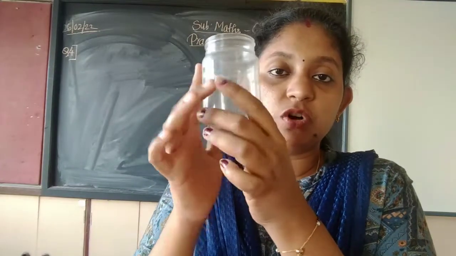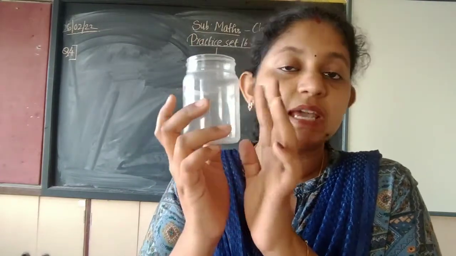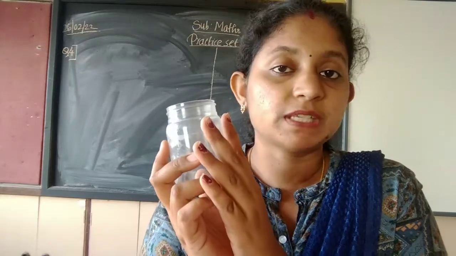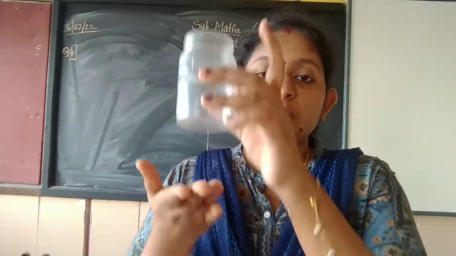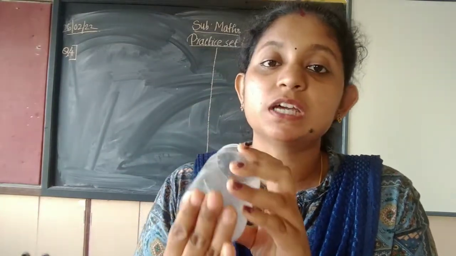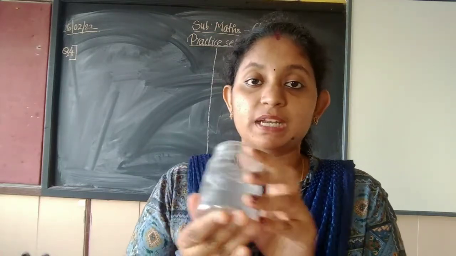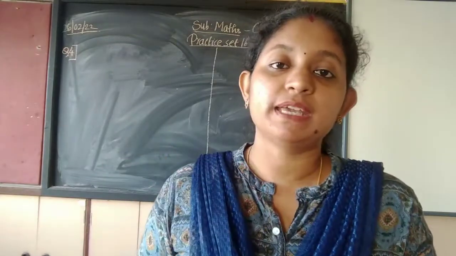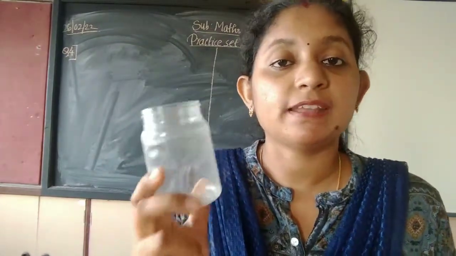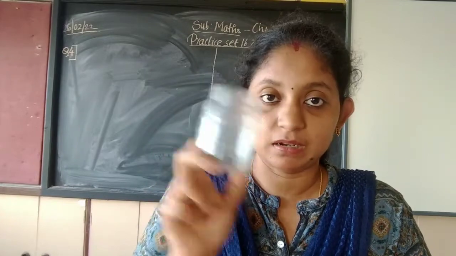What is this portion called of a cylinder? Curved surface, and we are going to find out curved surface area. What is the formula? 2 pi r h. Base is which shape of a cylinder? Base is a circular shape. Do you all know the area of circle? Yes, you have studied so many times. What is area of circle? Pi r square. So curved surface area plus area of circle, you will get the area of sheet required to make this container.